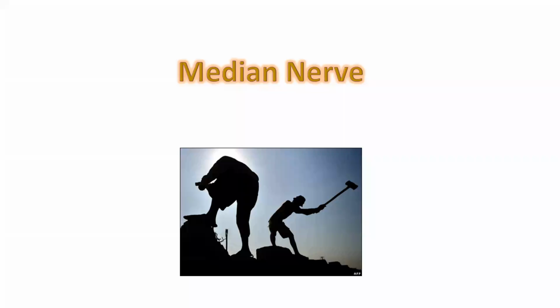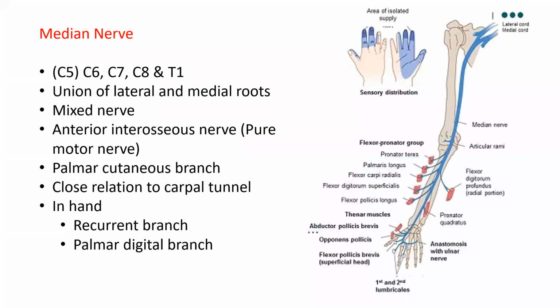See, any activity which involves intense gripping or a strong muscle force of the hand, all those muscles are supplied by the median nerve. That's why it is called laborer's nerve. A brief review about the anatomy of the median nerve. Most popular textbooks say it derives its nerve root from C6 to T1, but some textbooks also say it derives its nerve root from C5 as well.